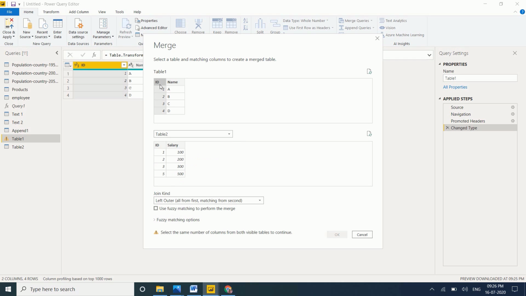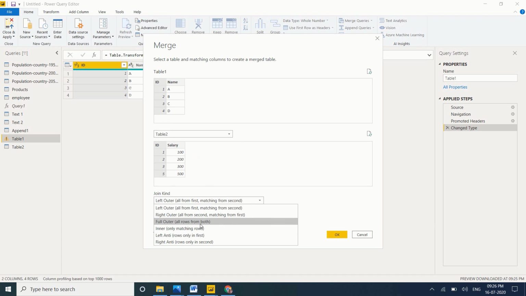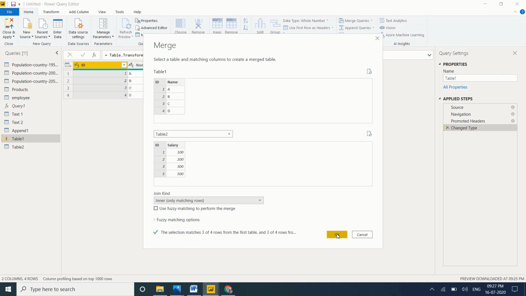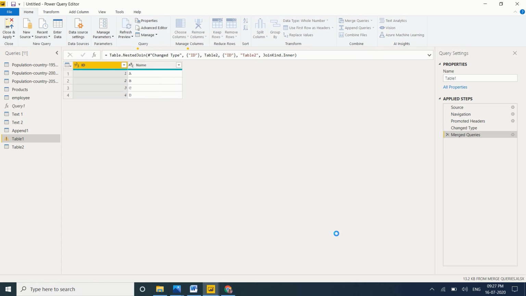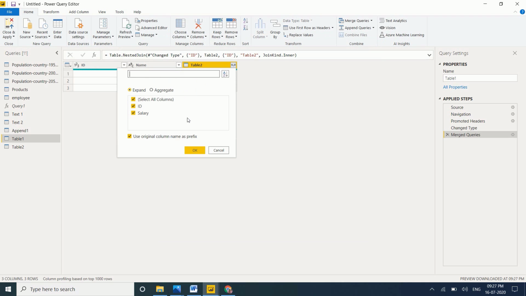Select ID, the matching column between the two tables. The IDs are matching, so I want to do only an inner join. Inner join is nothing but only matching rows. Let me click on OK. Let's expand it.